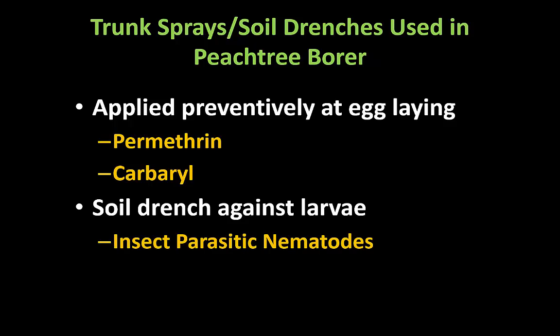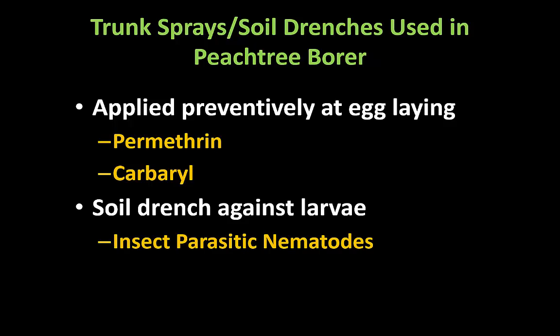So what do we do about peach tree borer? This is an insect that, again, is fairly aggressive. The kind of damage it does, this gouging at the base of the plant, can girdle the plant, can prevent a lot of movement of nutrients to the plant, making it less efficient. And it has only modest natural controls that maintain its levels at a low level, or level below damaging points. So it's not uncommon that people would consider using preventive sprays to kill the insect before it enters the